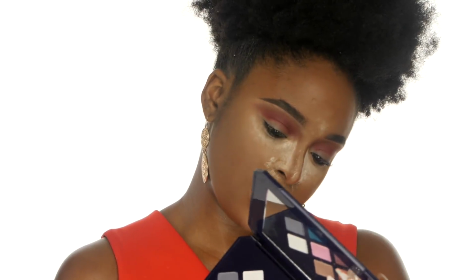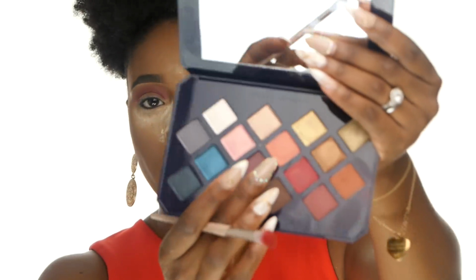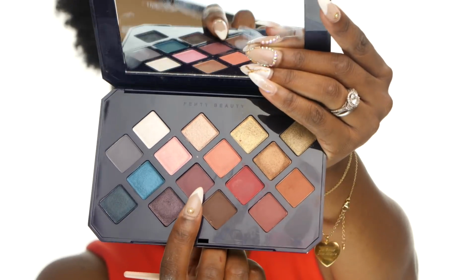Now I'm going to deepen it in a little bit with, okay, this is Saffron Quicksand? No, it's the Twinkle Fez Up. Oh my God, y'all, what? Yeah, Fez Up. So I'm going to go in with the color Fez Up, which is looking like it would be a perfect